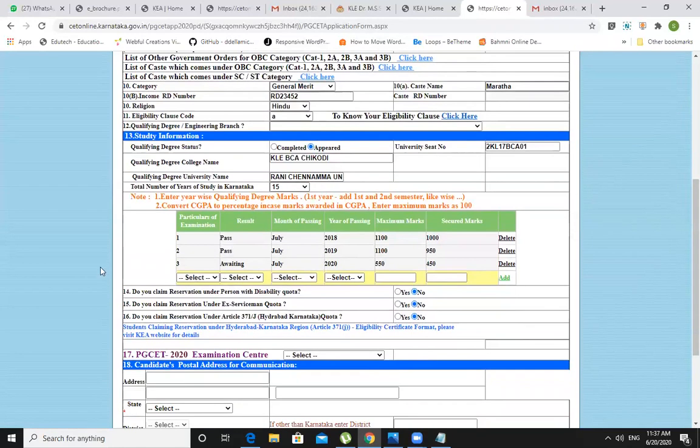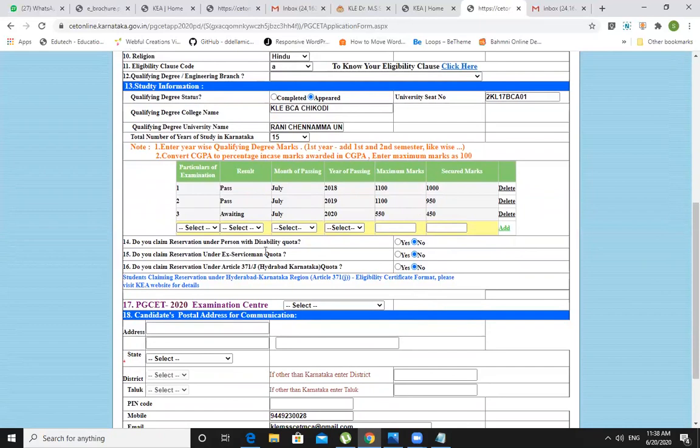Okay, done. Here it will ask, suppose you are claiming a reservation under the person with disability quota, like for Divyang, or under the ex-serviceman quota? Choose yes, but you should have an appropriate document during the verification process. I choose no, and I'm not from Hyderabad Karnataka.